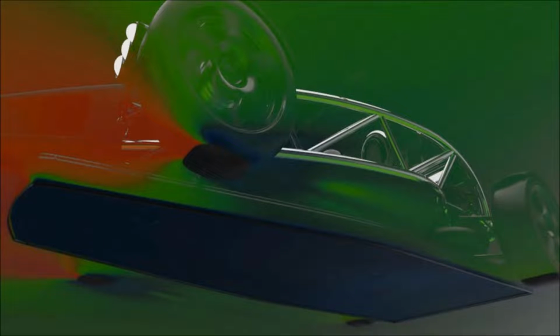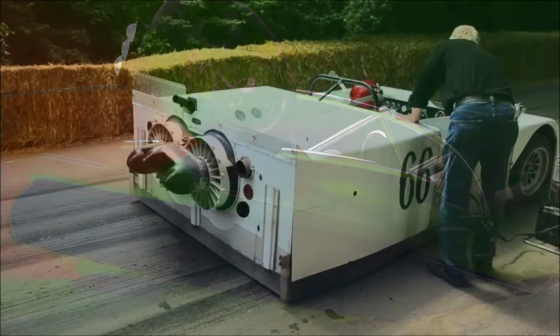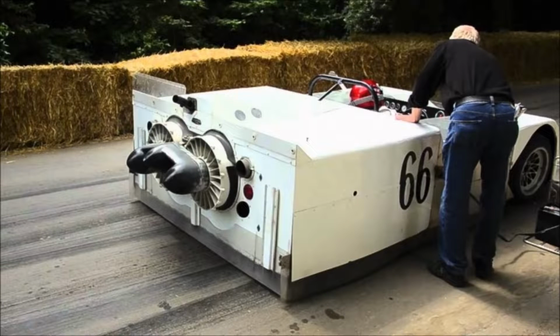So overall, what was the idea? Why is this an unsung hero? Why haven't we heard more about it? Well, the simple fact is Ariel did not intend for this to be a production car. They wanted it to have kind of a trickle-down effect that a lot of motorsport tech does have, where stuff that they learn from it would influence their vehicles, not just in terms of, ironically, performance, but also helping the